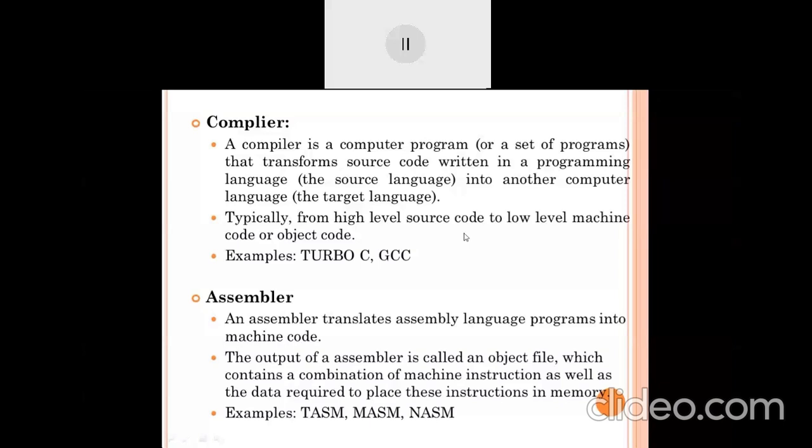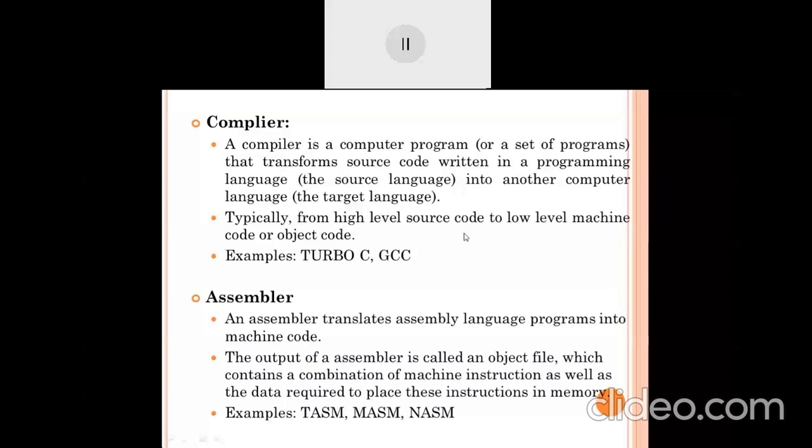So the compiler does not generally convert into your binary code. It just generates the output in ALP language, with the help of different instructions. It may be move, add, sub, like that.